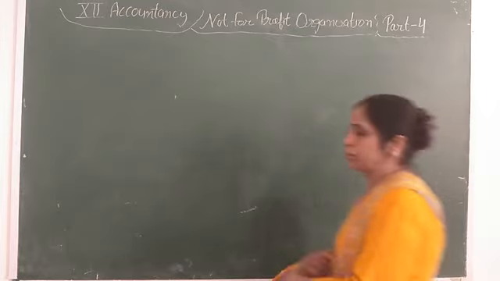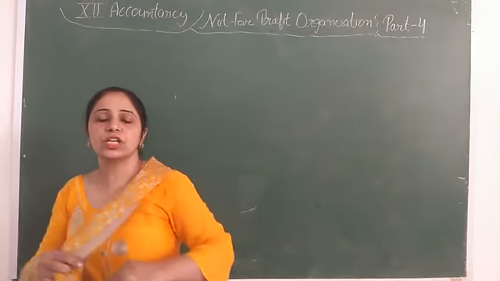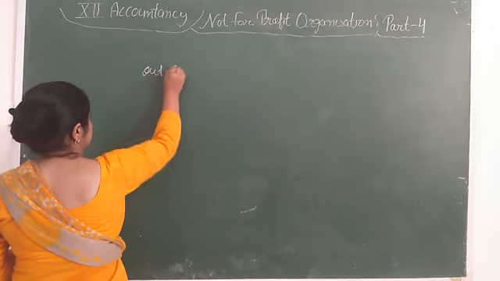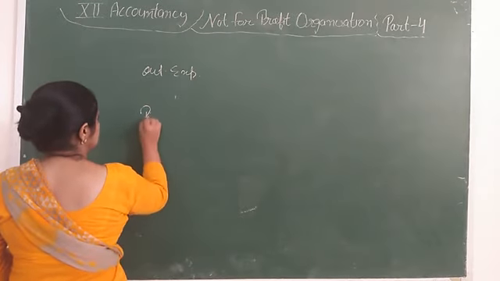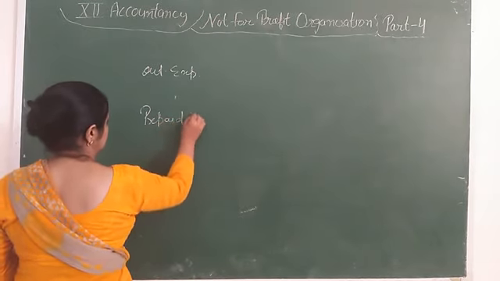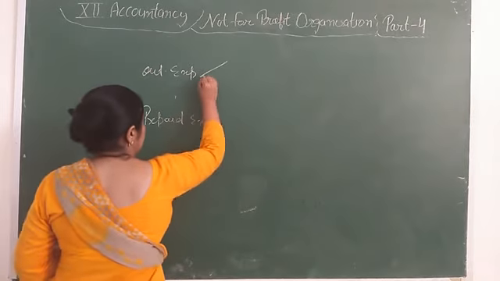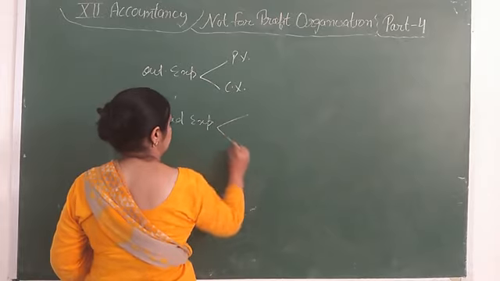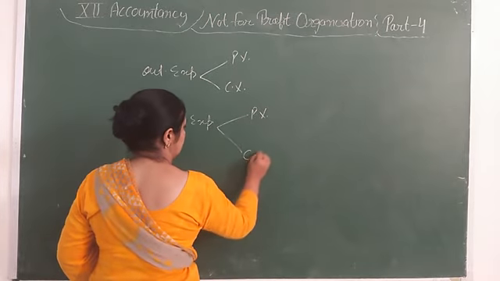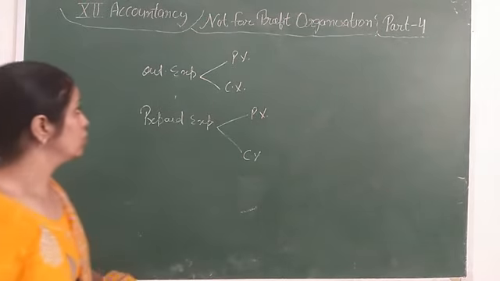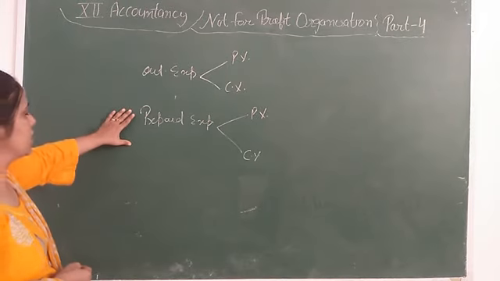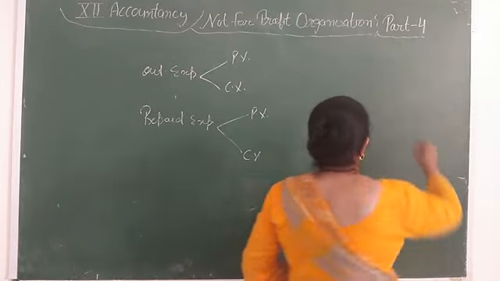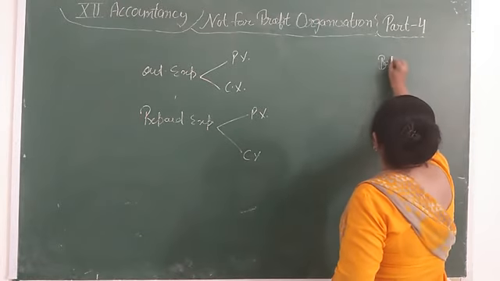Yes, friends. Sometimes in the additional information, outstanding expense and prepaid expense are given to you. It can be of the previous year or the current year, like subscription. So what is the treatment of outstanding expense and prepaid expense in these three accounts and the balance sheet?